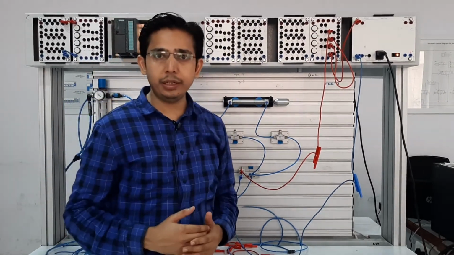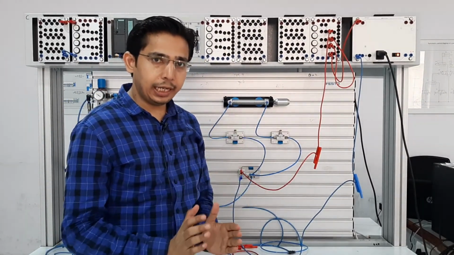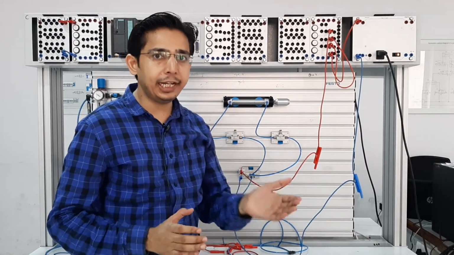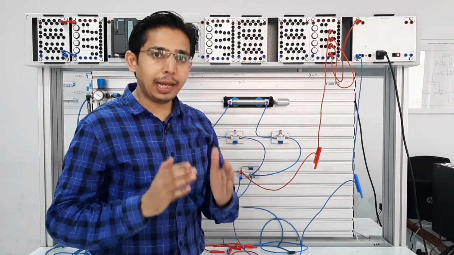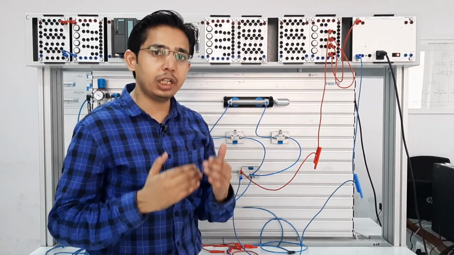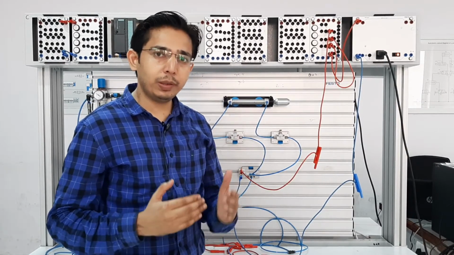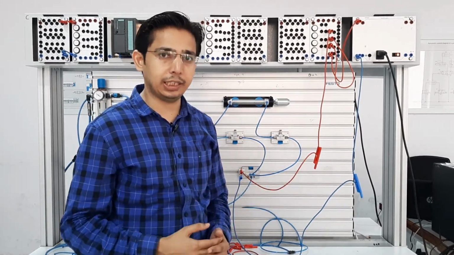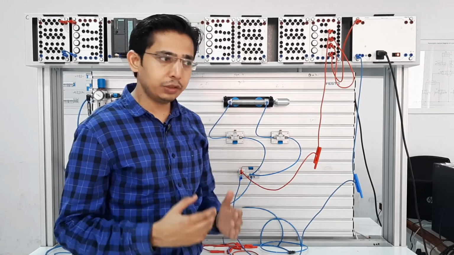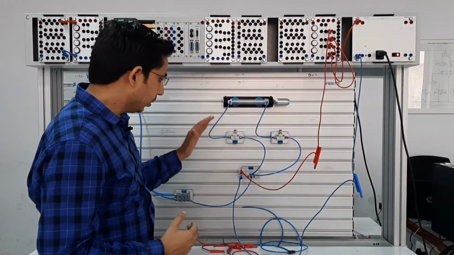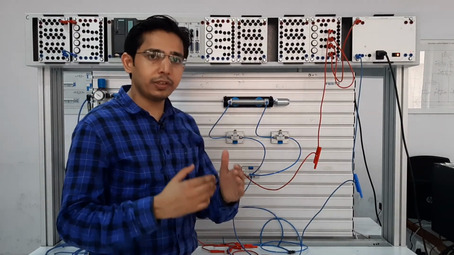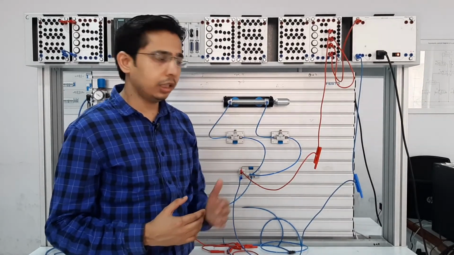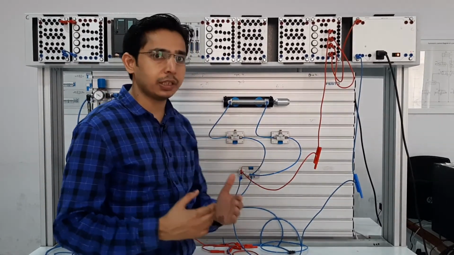So in this way we make logics like the AND gate and OR gate. The application of the OR gate and how it is done will be discussed in another exercise. In this way we have solved the problem of the industry, and this system will work as per the requirement.